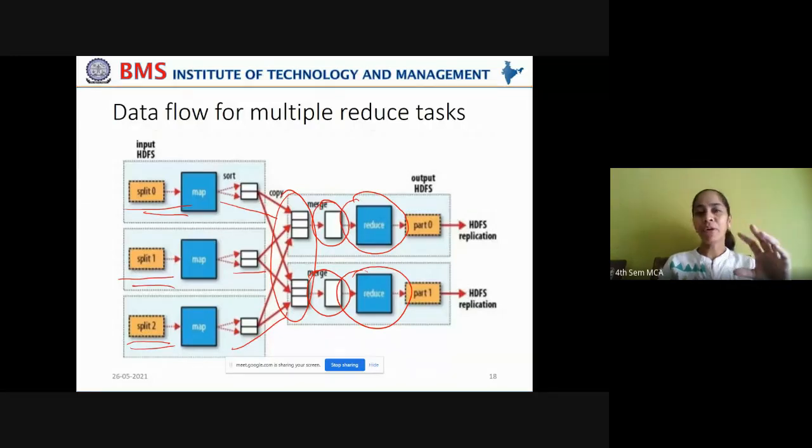So the map phase's responsibility is to divide its outputs into the number of reduce tasks and feed them. Here two reduce tasks are fed with the merged, sorted and grouped data, which will give two outputs. Now these two outputs again have to be saved on a file in the HDFS cluster by maintaining the replication factor.